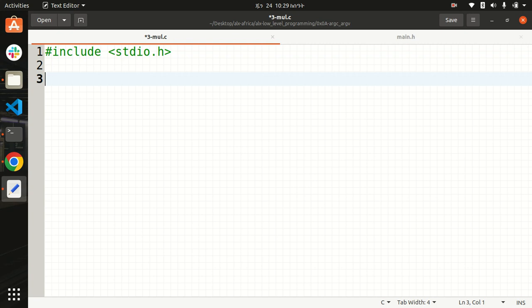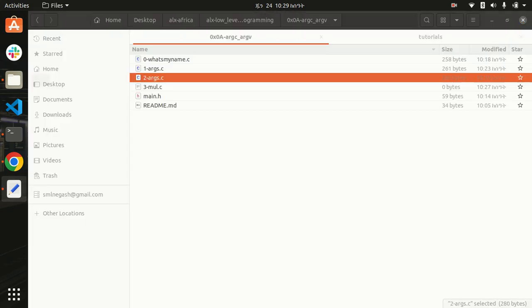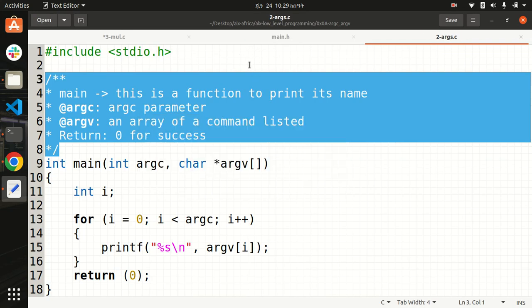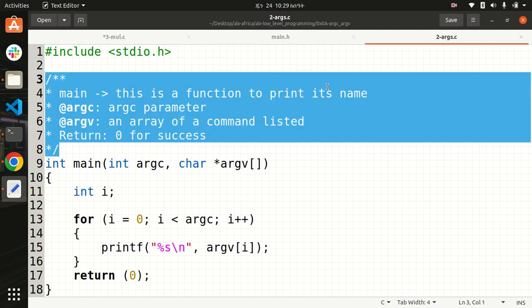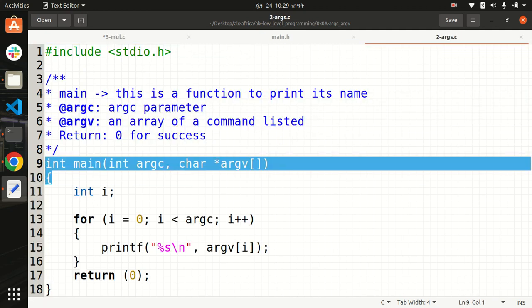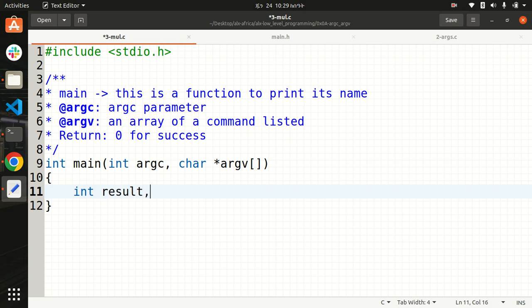And the other thing, let's go down and open one of these things, and I'm going to copy these and come back here and paste, and I'm going to again copy the main part, paste it here, and do this thing. Then I'm going to need a couple of things, which is integer result, the first one, and